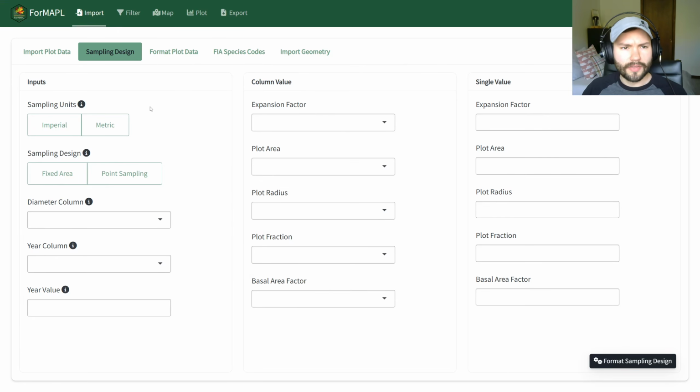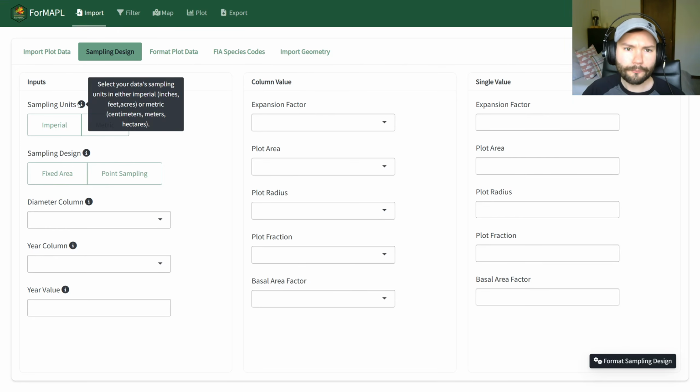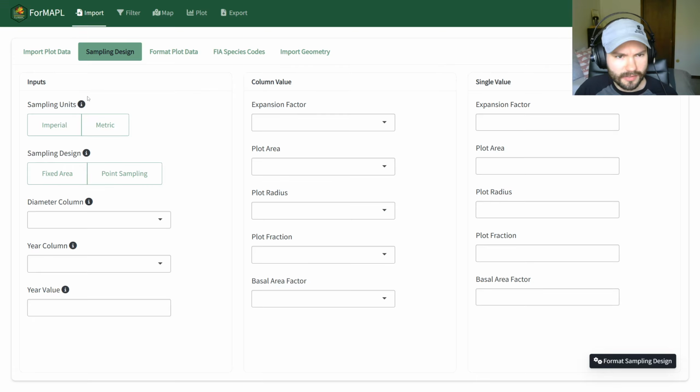So starting off with the inputs, the first thing we need to tell ForMAPL is what type of units did you sample in? Did you use imperial, which would be inches, feet, and acres, or metric, which is centimeters, meters, and hectares? So for the FIA data, it's of course in imperial units, so we can go ahead and select imperial. And our sampling design is fixed area. These are circular